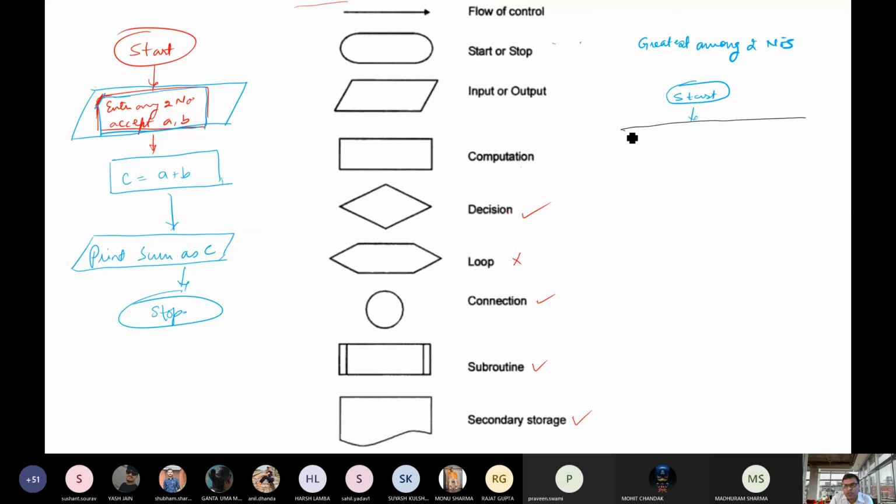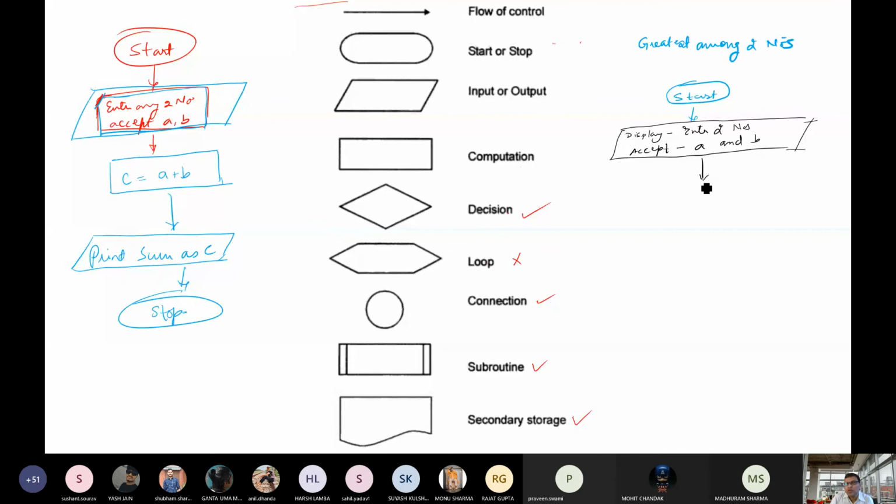So initially you start with this rhombus node, and this rhombus node displays a message like enter two numbers, and then accept, or you can write read also, A and B.